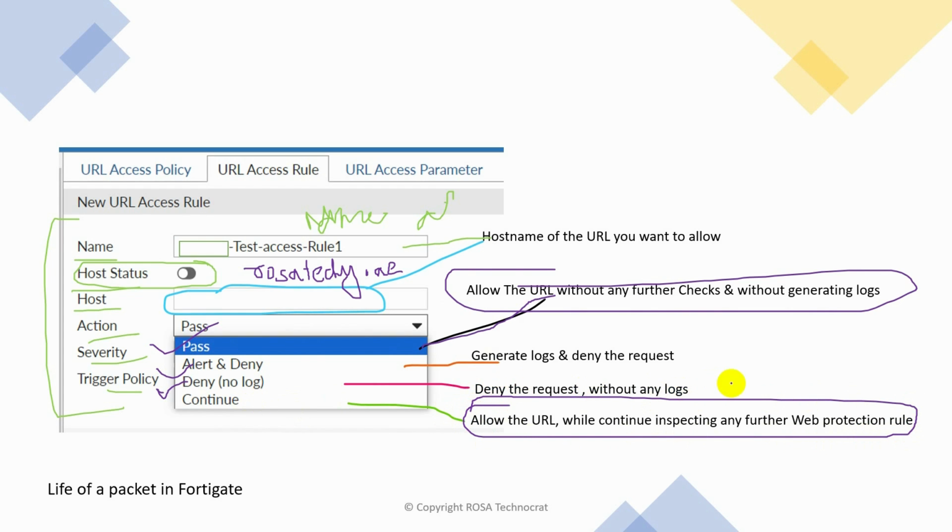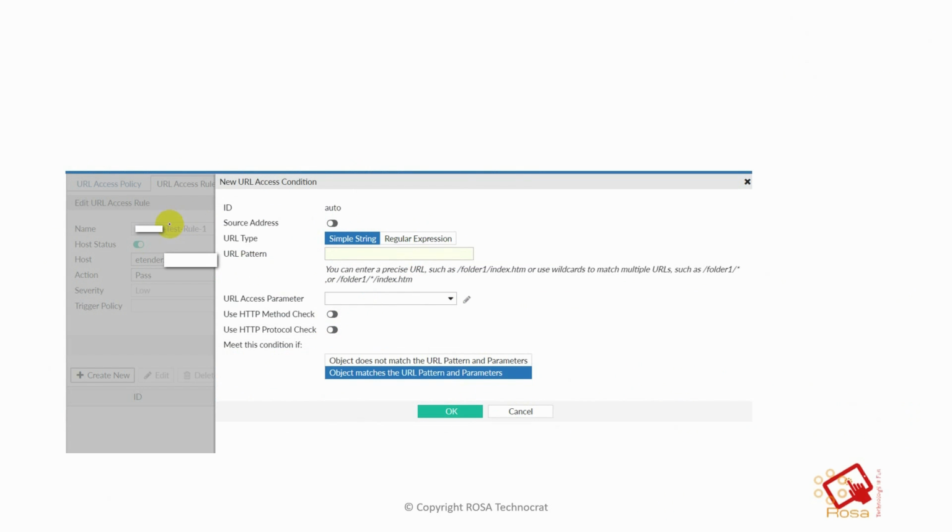Deny the request without any logs, generate logs and deny the request. So these are the different options available under the URL access rule. Once we define these parameters, name, host, status, and once these are defined,